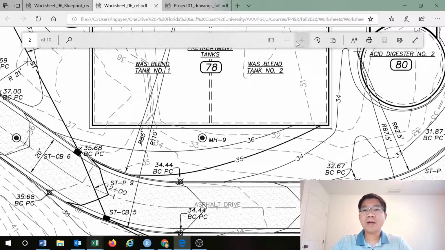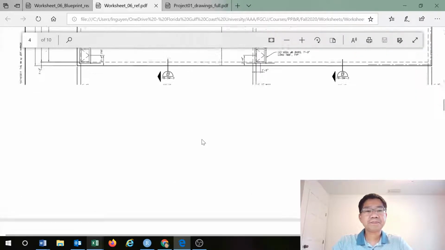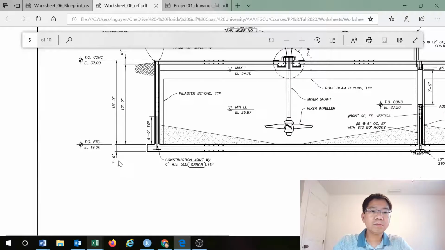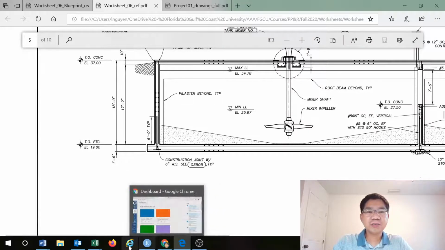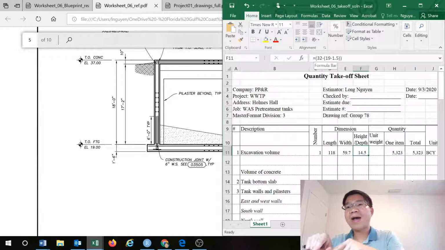So from that one, we can find out the height of the depth based on the existing elevation here, 19, and when we excavate further 1 foot and 6 inches. So that's why we have the equation here. You see 32 go down 19, but we go down further